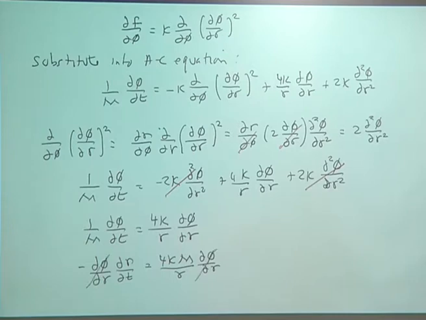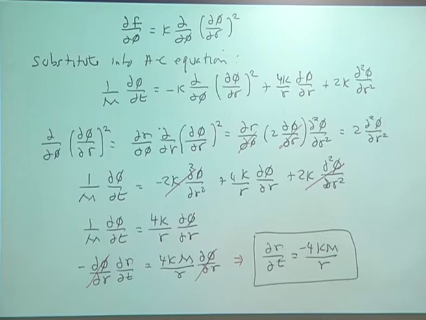So that disappears. And you get partial r with respect to t over r. So the growth rate of the particle goes like 1 over r